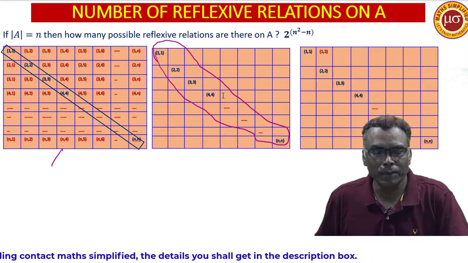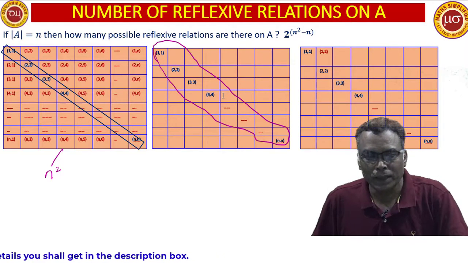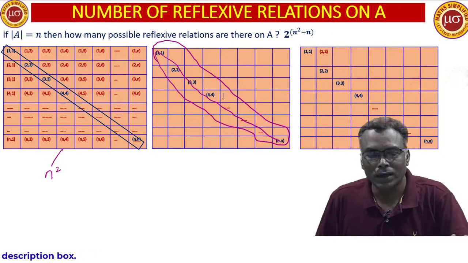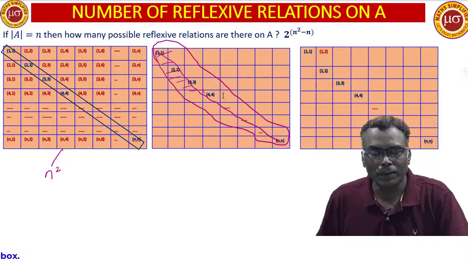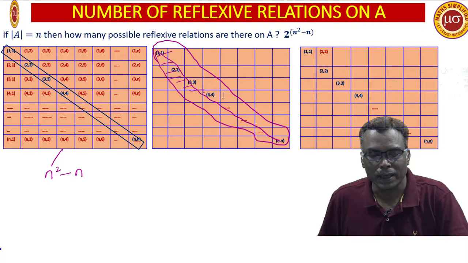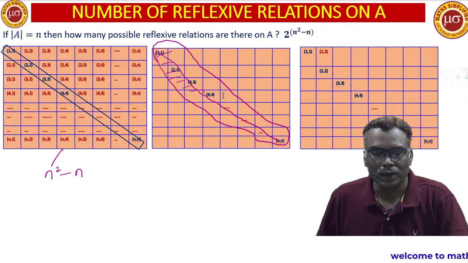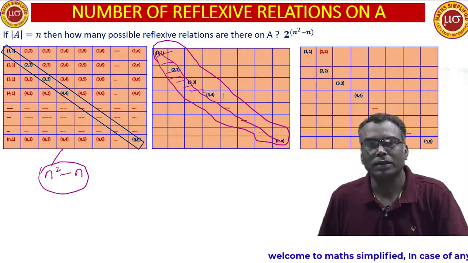So, total number of elements was n square. Now, if I remove these elements, ये तो sure include होगा. All these elements must be included, sure. Therefore, number of elements left are n square minus n. (1,1), (2,2), (3,3), ..., (n,n): these are n elements. Total n square था. n elements तो जरूर include होंगे. So, उनको include कर दें. Now, we are left with n square minus n elements.